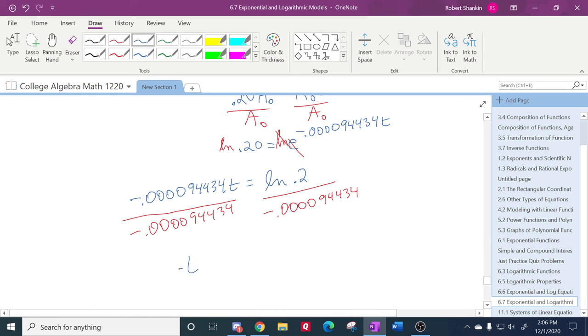And then I'm going to get, that's the exact answer, and if I punch it out, well, it's not exact because I rounded off with 0.000944434, but if I punch this out, I get